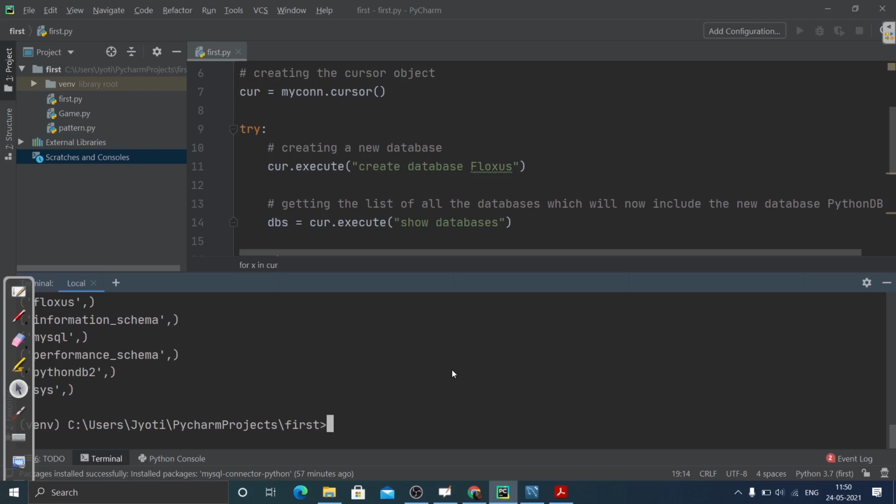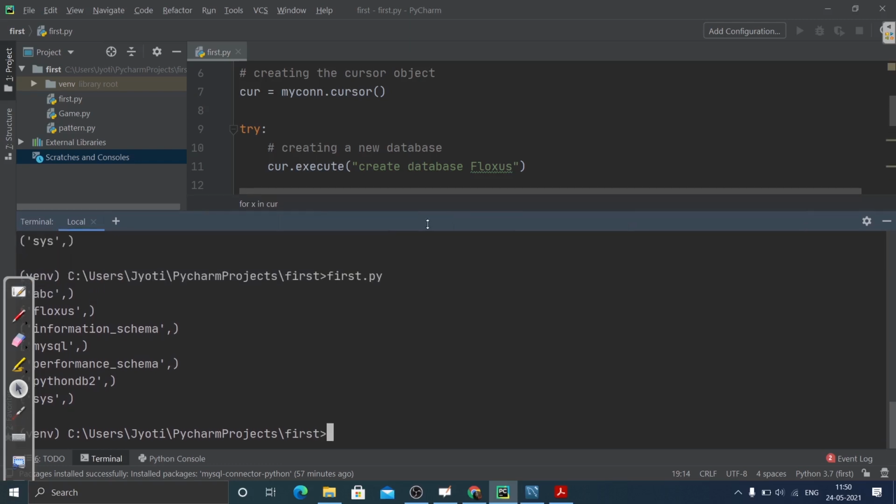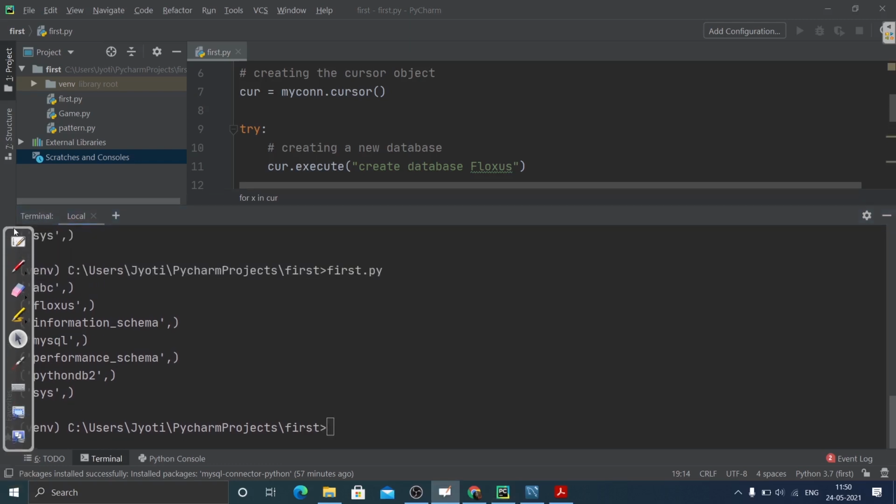So after running this, you can see what is happening. Let me just remove this. Okay. So you can see all the list of the databases; the names of the databases are there. And it is actually a tuple, where you can see ABC is one database, Fluxus is the database that we have created, information schema, MySQL, then performance schema, then Python DB2 that I have already created in